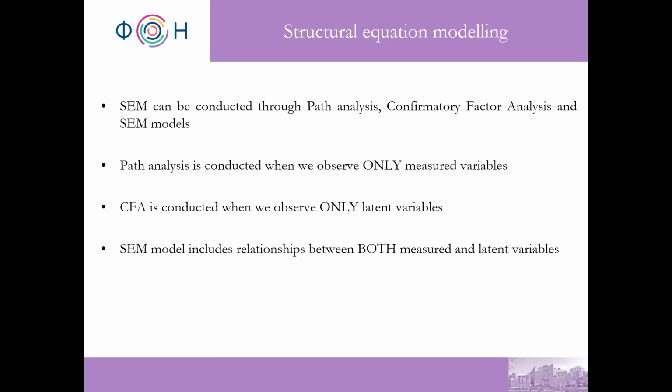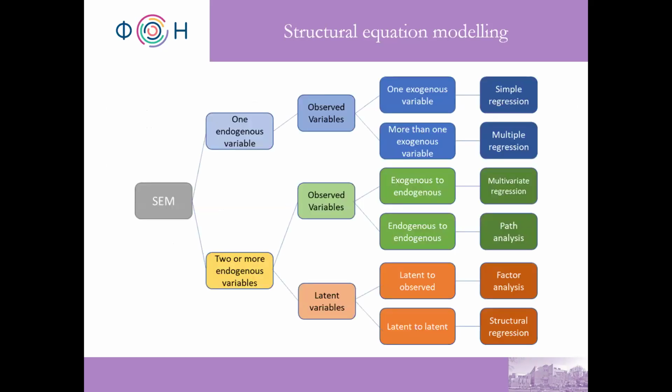So a SEM model takes into account both types of variables. This is a pretty nice graph which I found, which in fact gives us graphically all the analyses which come under the umbrella